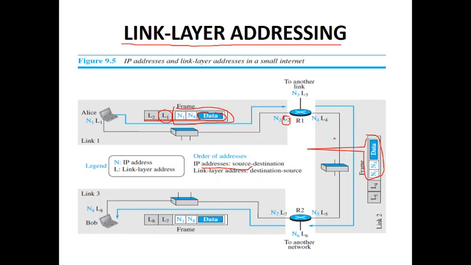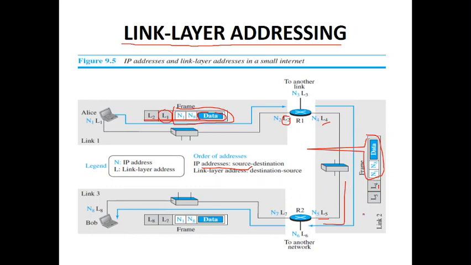So who is the sender? This R1. Through this link we are sending the data, so I will be adding L4 as the sender link layer address. This message will be delivered to R2 through this link, L5. This is the link which is connected to the router, that is why L5 is the receiver link layer address. First the receiver link layer address will be added, next the source link layer address will be added. Then it will deliver the data.